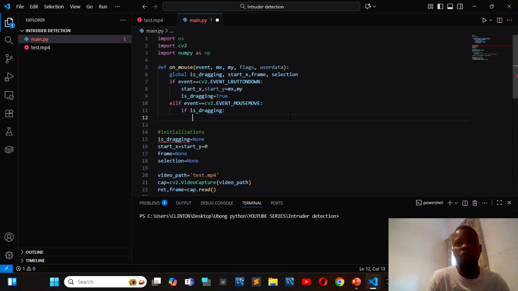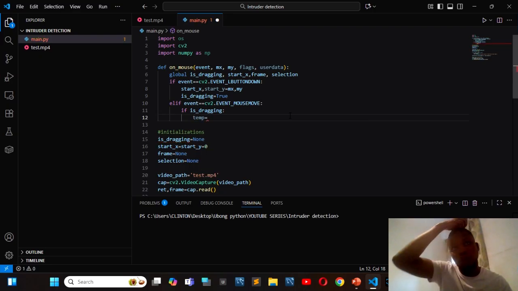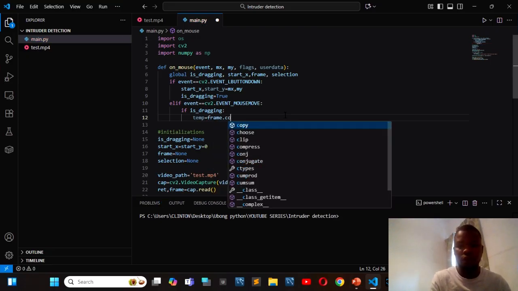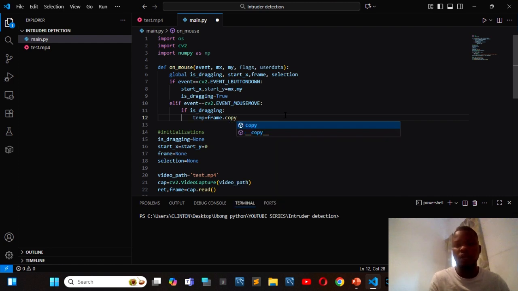If is dragging is true, then that position at that point will be where you're going. That will be the bottom right at the moment. That's why we are calling it temp. So frame dot copy. That's just what you are going to show for the moment, right? And then